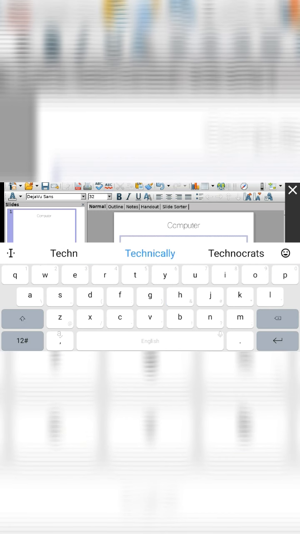Okay, now I have to write something here, so I will just click over here again, keypad technology.